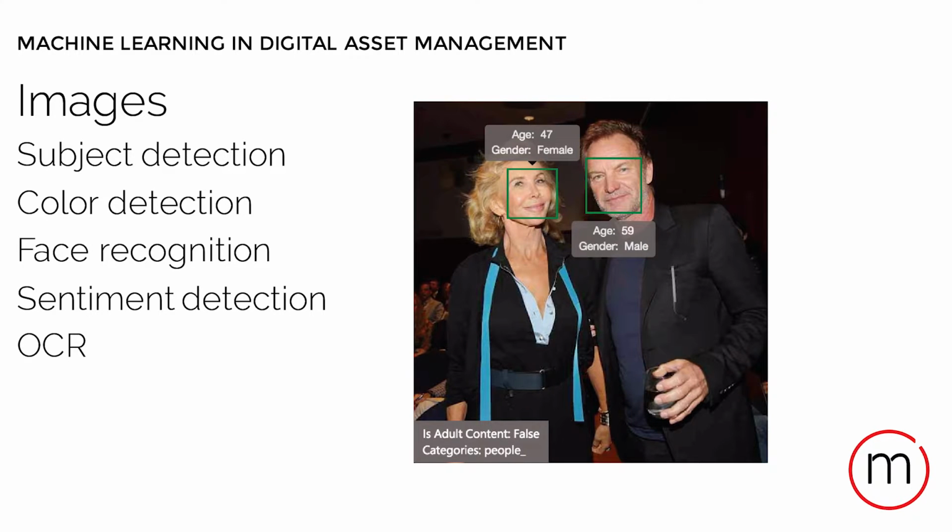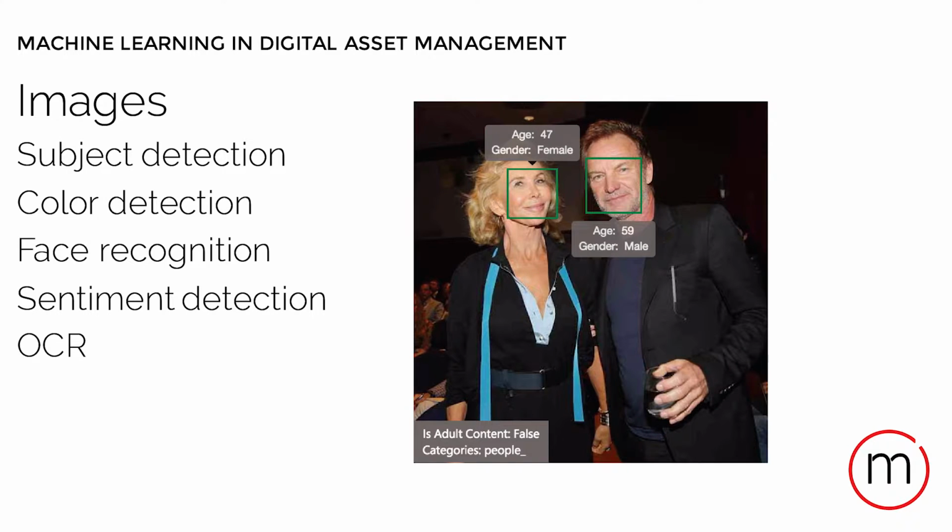So what can we do with images? There's a couple of things we can do. We can do subject detection, so try to guess what's on the picture. Interesting for people that don't like to tag. And we can see that by now, I think 70% of that subject detection is actually making sense. Two years ago, it was different. It's getting stronger and stronger every month. Last week, Microsoft released an upgrade with a 50% increase in hit rate. So if you follow it closely, it's getting better and better.